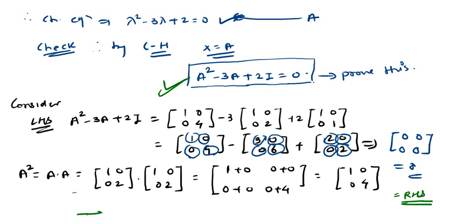Okay, what we say that here, hence Cayley-Hamilton theorem is verified. Okay, so we verified that every square matrix satisfies its own characteristic equation. Okay, now